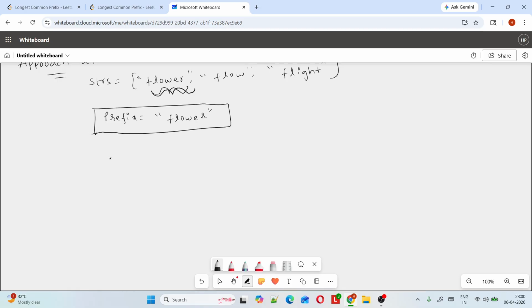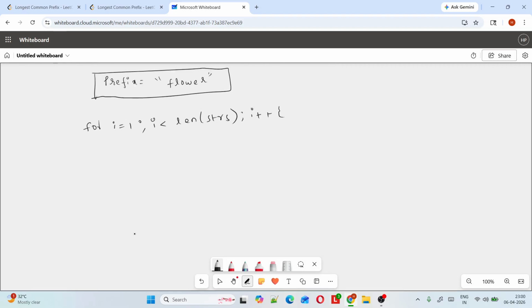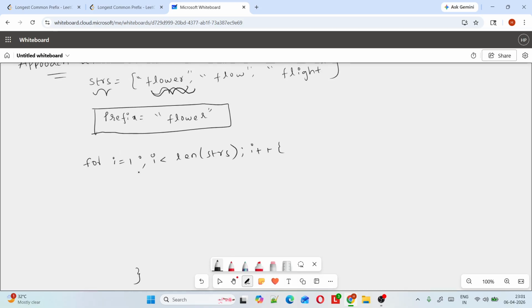I will iterate from i equal to 1, i less than len of strs, and then i plus plus. And I will take one j equal to 0. Since I'm considering the prefix as the entire first string in the array, I will compare